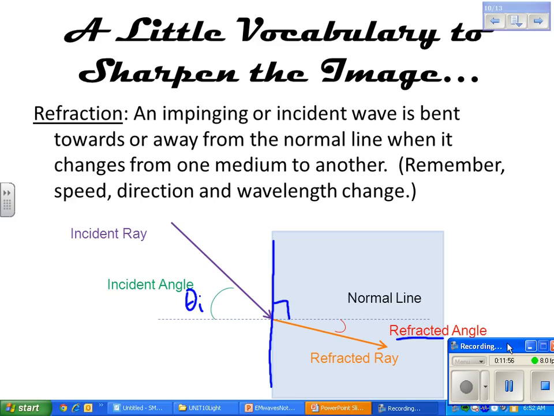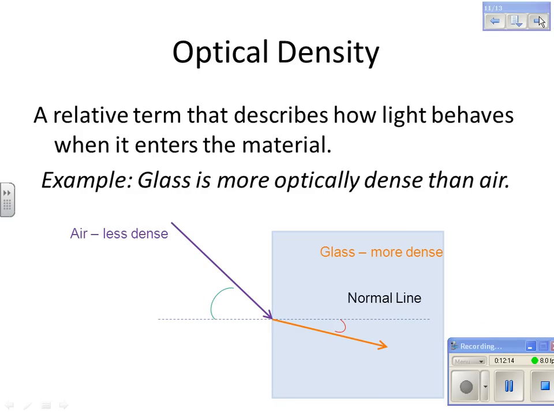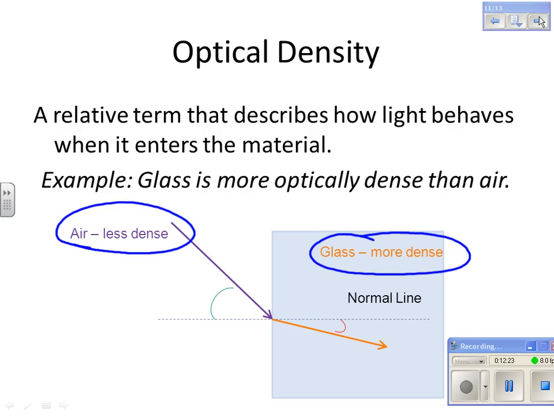Draw that picture. Refraction is when an impinging or incident wave is bent towards or away from the normal line when it changes from one media to another. Remember, speed, direction, and wavelength change. Remember, frequency does not. This is the one I want you to draw because it's more specific. You have air, which is less dense, and now you're going to glass, which is more dense. And you should realize that since glass is more optically dense,